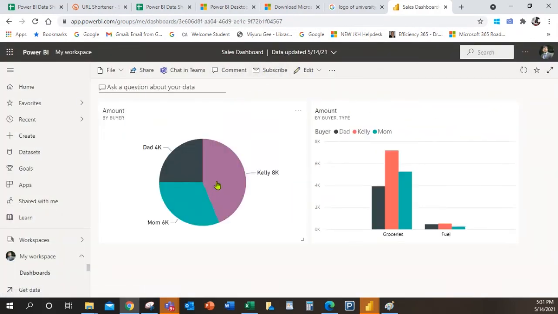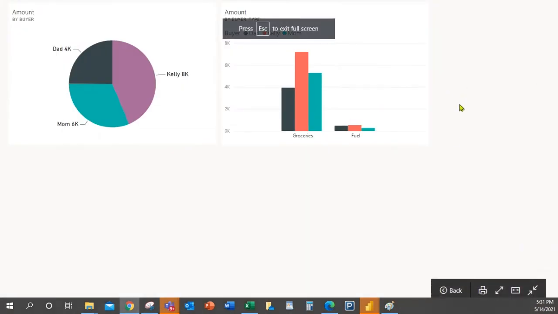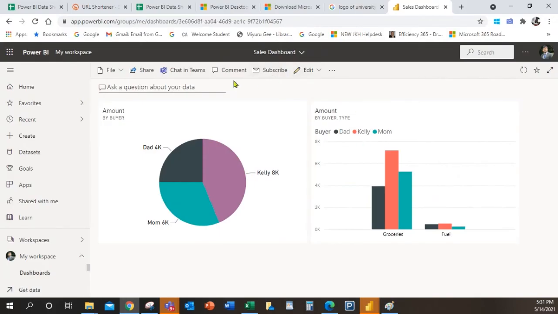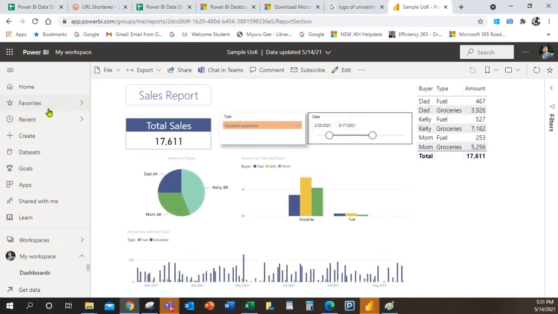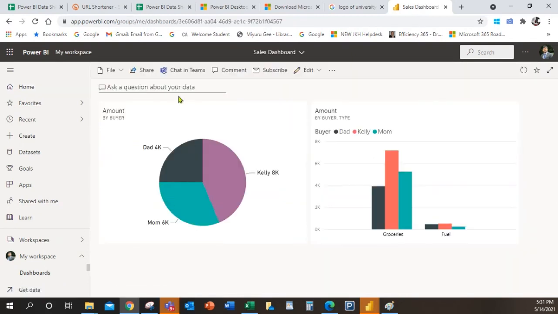Now I'm going to share this. I don't have a Power BI Pro license, because of that I can't share this. Now here you can see the mobile view.